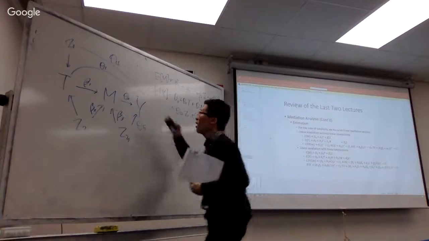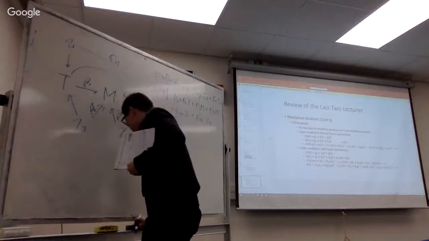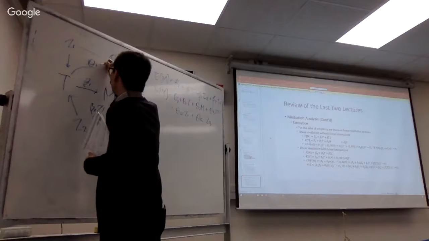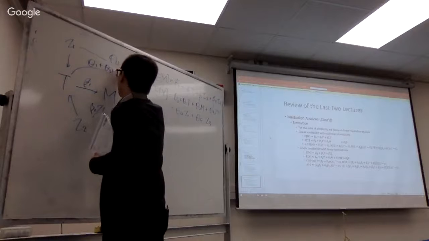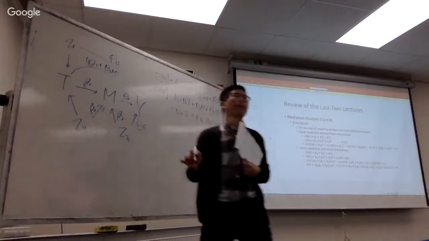So now, the path right here is theta 1 plus theta 3 M,